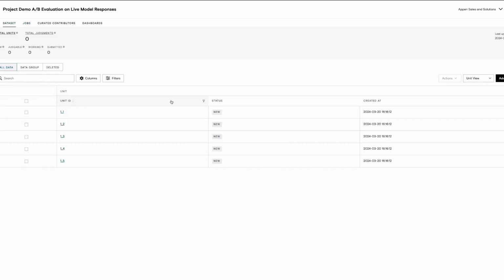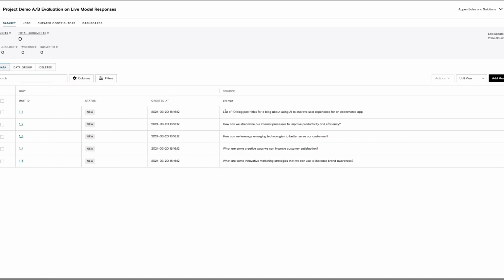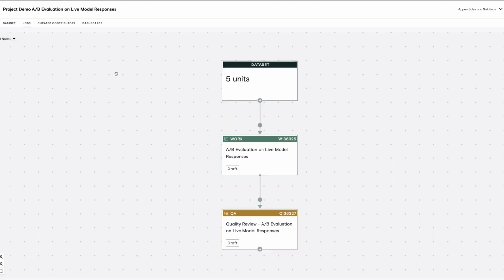If we go back to the data set, we can see our source data that was uploaded. Again, in this case, that's just a list of pre-seeded prompts because I want to use a consistent set of prompts to test my models as I make changes. So these are going to be our benchmarking prompts for this effort. You could, of course, customize and upload however many prompts you want that's specific to the model that you're trying to build. So we'll go ahead and go to this jobs, and what we're going to look at next